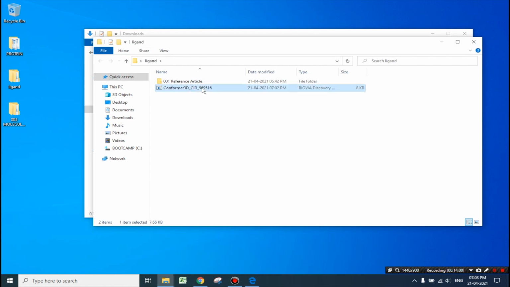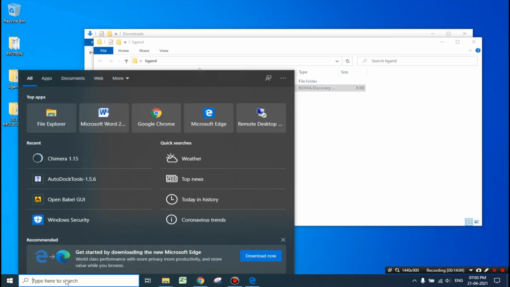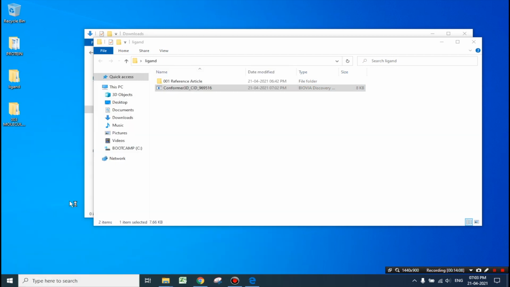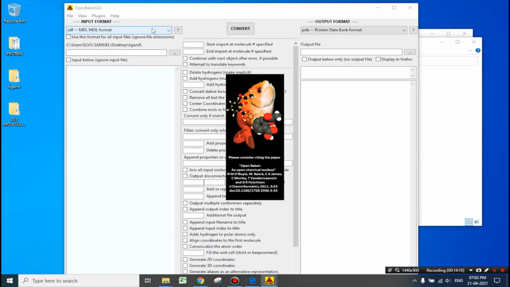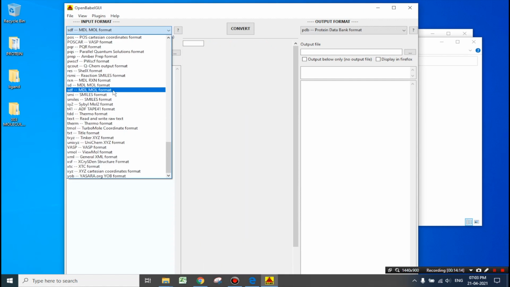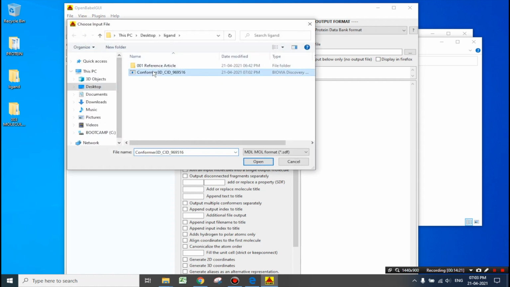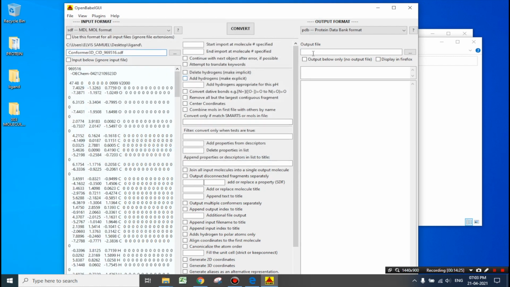Now, we must search for OpenBabel in the search box and launch it. Here, select the file format as SDF. Now, select the particular ligand file that we have downloaded from PubChem and click on Open. Next, we must select the output format as PDB from this drop-down list.